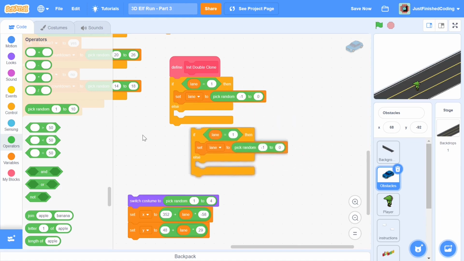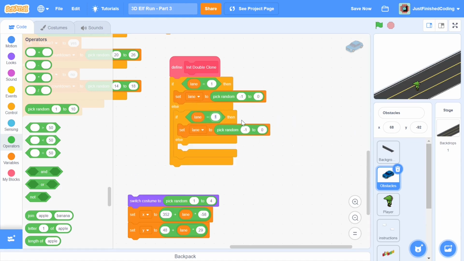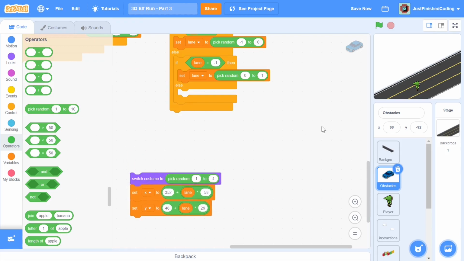Now I'll also duplicate this if the lane is -1. And if the lane is -1, then what I will do is instead pick lane from 0 to 1. But if the lane is 0, then I will have a 50% chance of going to 1 or a 50% chance of going to -1.